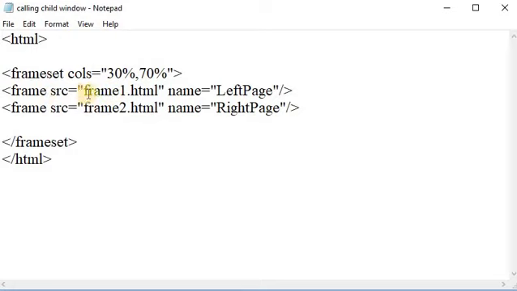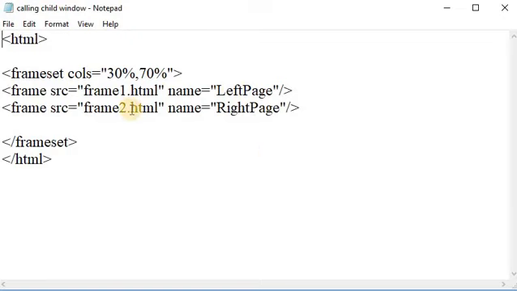Here frame source is equal to frame1.html, and here I am writing the frame attribute, that is name equal to leftpage. The name of that frame is leftpage, and for the second web page I am giving the name rightpage. Okay, this is the main HTML file.